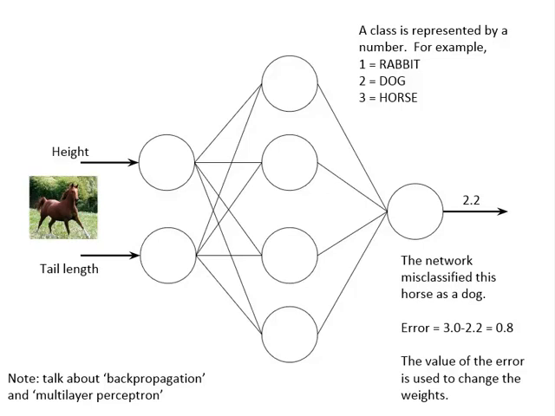Over time, the values of each of these weights will come closer and closer to the values necessary to classify each of the possible inputs as the correct class. Often this requires that our neural network sees each of the training data points more than one time. But once the weights have settled on their final values, we can give a new picture to the network, a picture that the network has never seen before, and the network is able to classify that picture into the correct